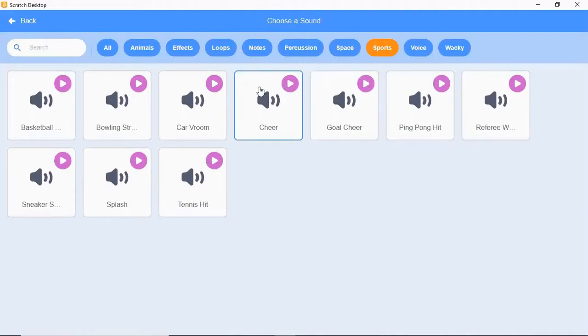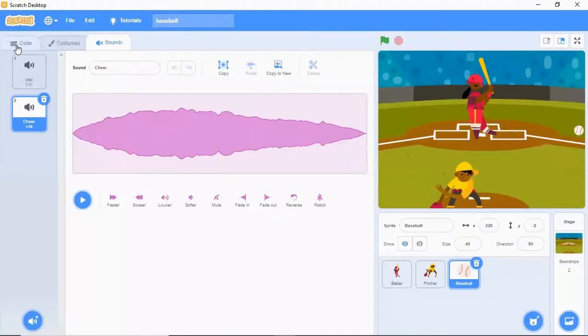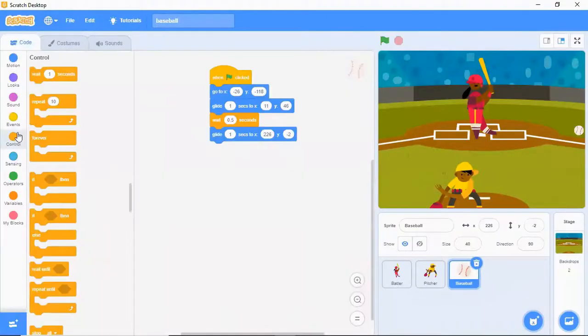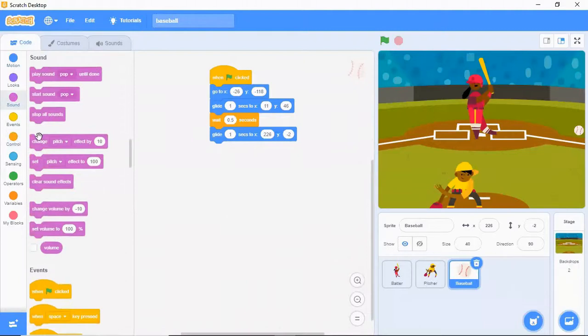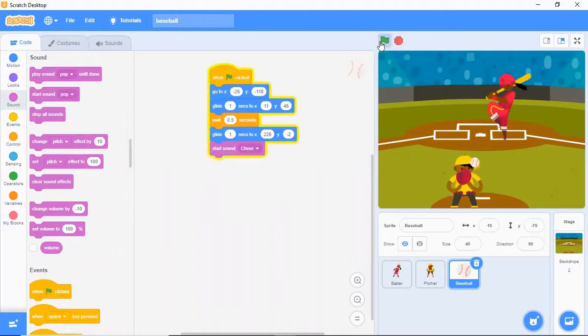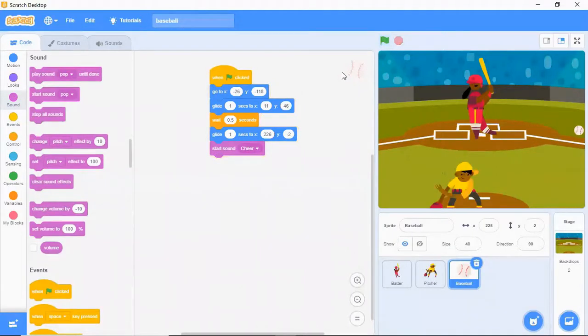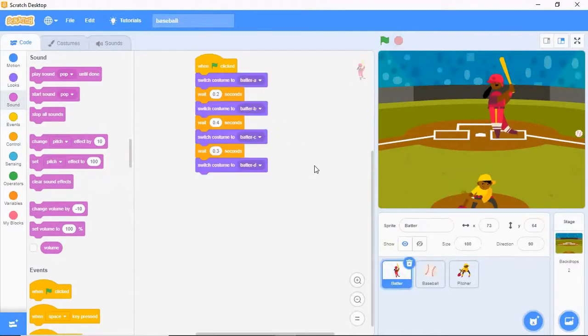So I will use this here. I'll come back to code, sound, start sound. I'll drag and bring it in the script area. Here. Okay. Now, I'll adjust the wait time so that we get the proper action.